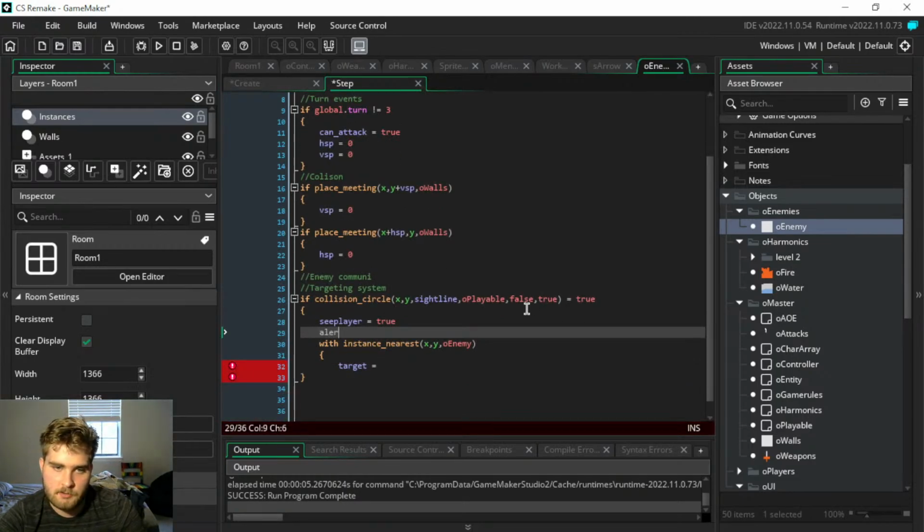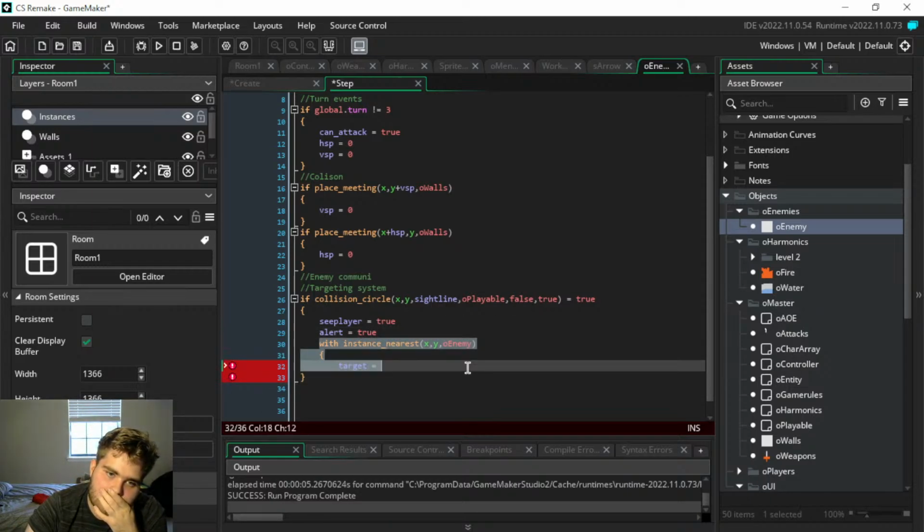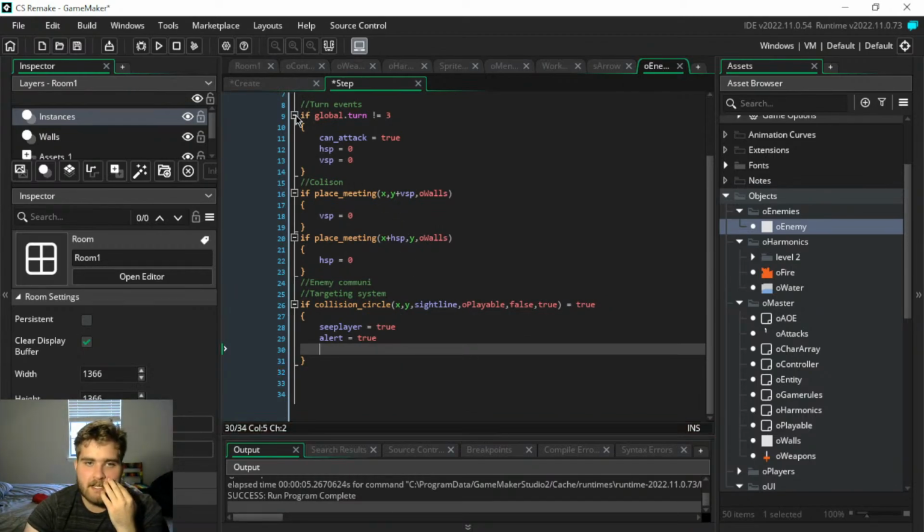Alert equals true. True, and then it's going to, wait a minute, yeah, because those variables are all set individually. That's our issue. We just need to pretty much have it